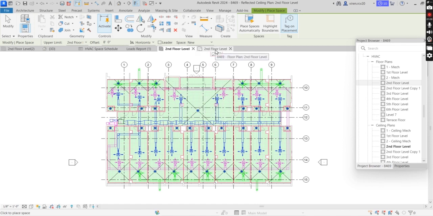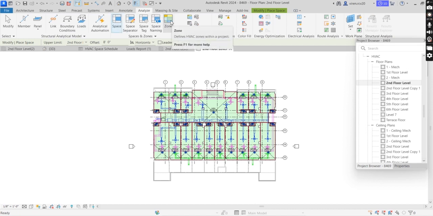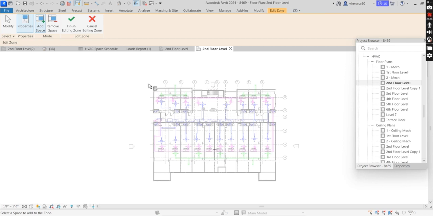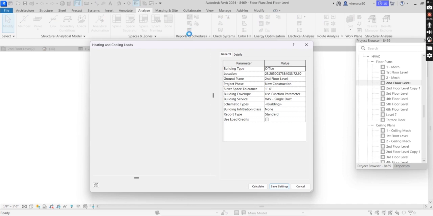The similar thing is to be done for creating zones, but that will be done on floor plans. So I'll go into the second floor level, then select Zones in the Analyze tab, and again allocate different zones and then click Finish. Okay. Now the next important step is to calculate heating and cooling loads, for which again in